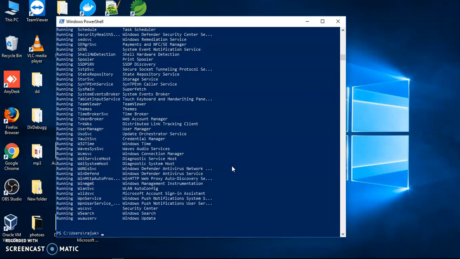As you can see, I have written this command. After writing this command, it is showing only those services which are running.